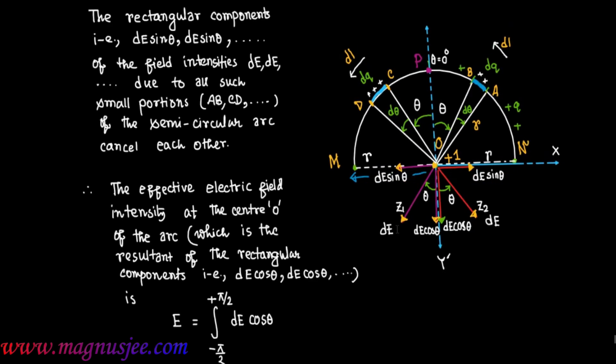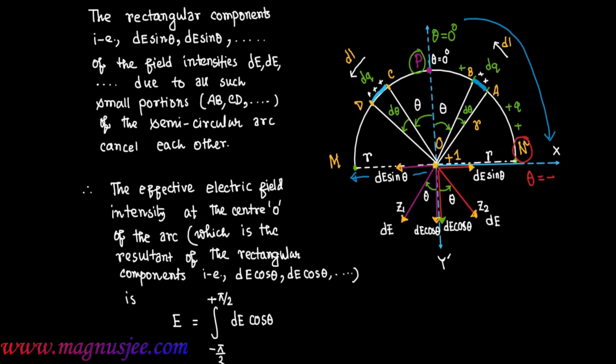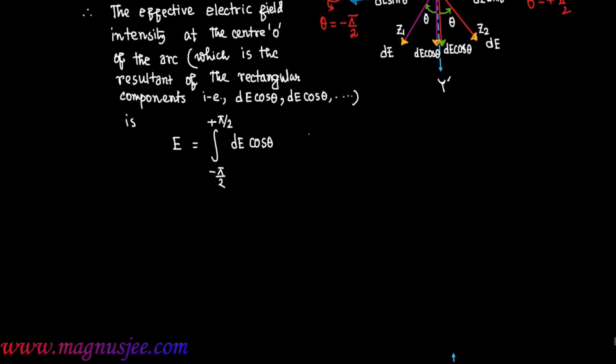In the diagram, at the point P, θ equals 0 degrees. At the point N on the positive y-axis, θ equals 90 degrees or plus π/2, and if we rotate anti-clockwise, in that case at the point M, θ equals minus π/2. Now,